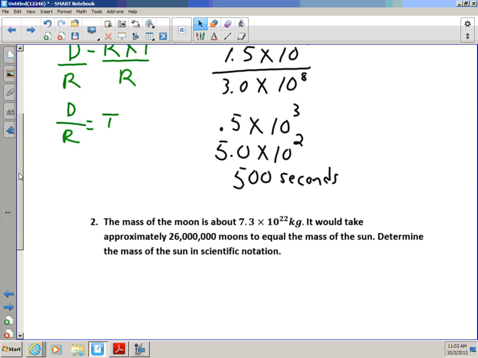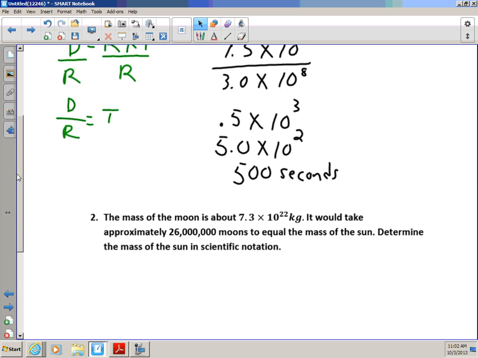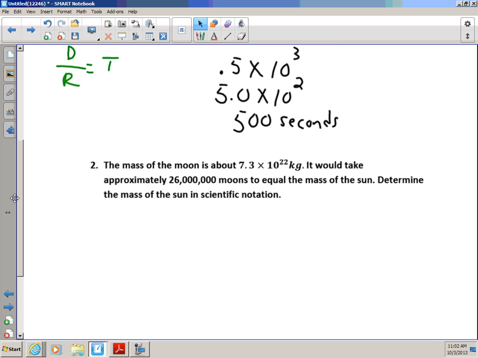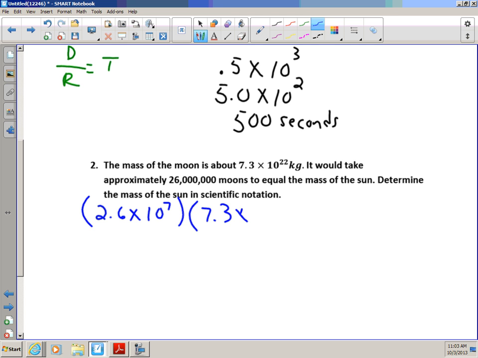To figure out what the mass of the sun is, I need to multiply. So I convert 26 million into scientific notation. That would be 2.6 times 10 to the 7th. I'm going to multiply that number by one particular moon,